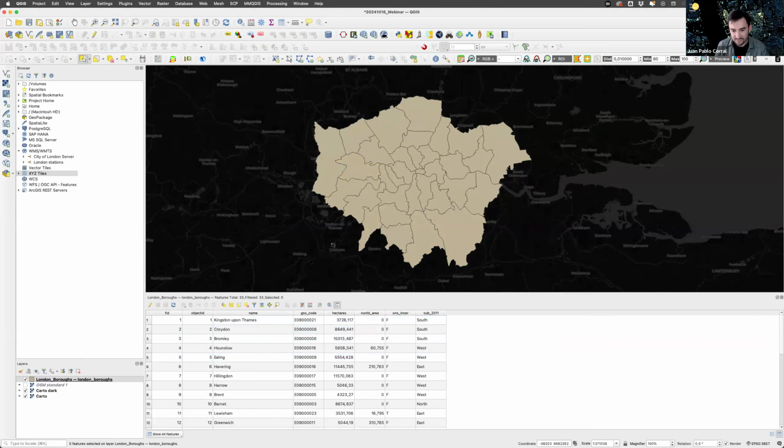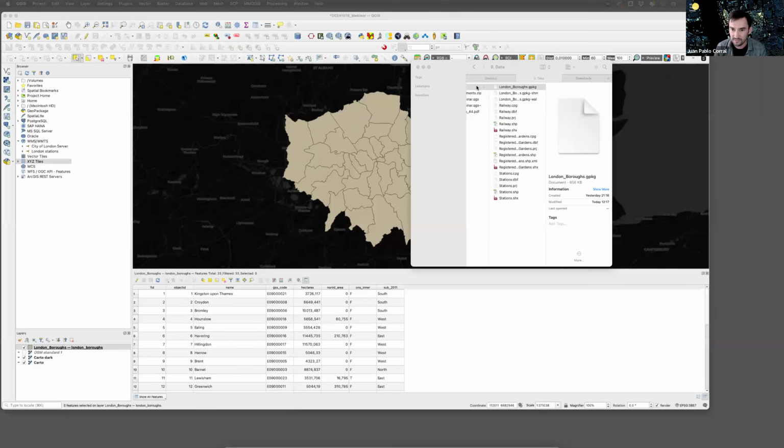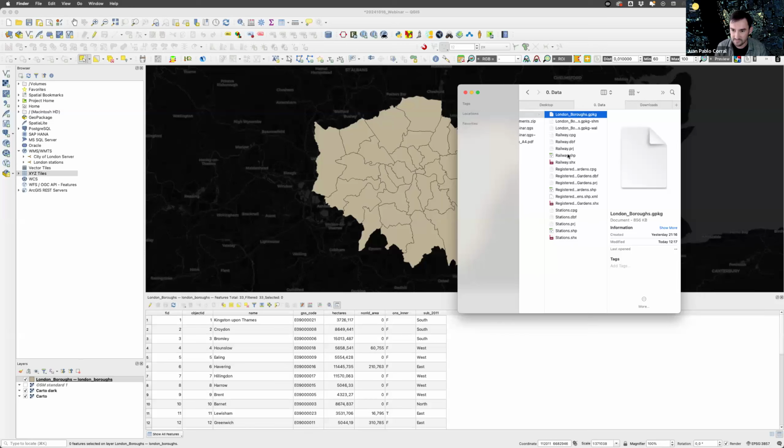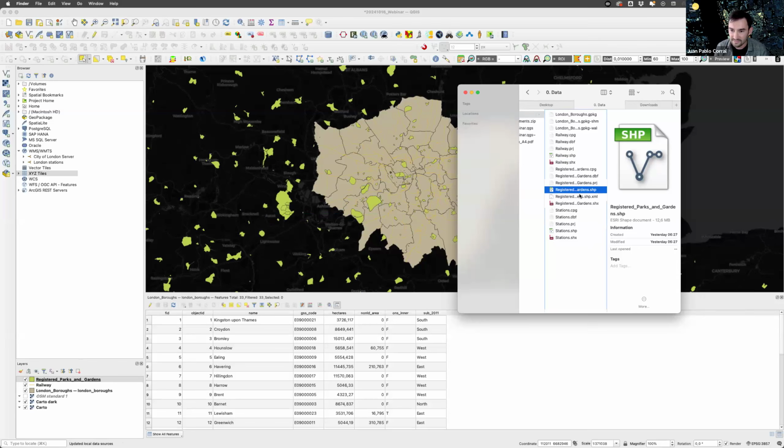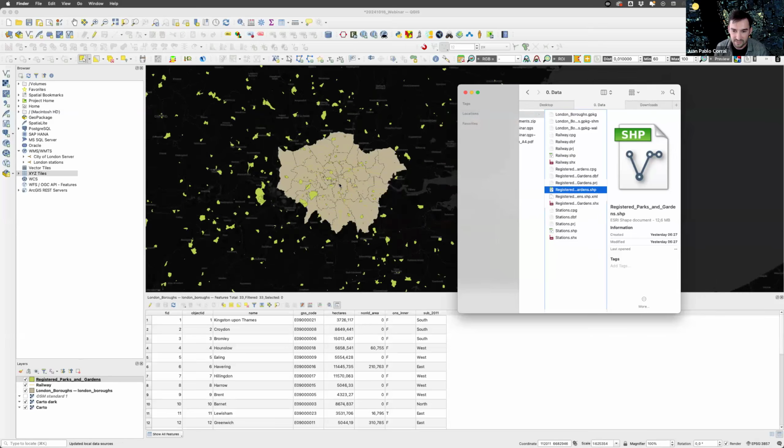So this is one way of getting data: you can get data from files. I have downloaded this file, but you can also get access to data from servers. Here I have some other layers in this folder. I have railway and registered parks. These are shapefiles.